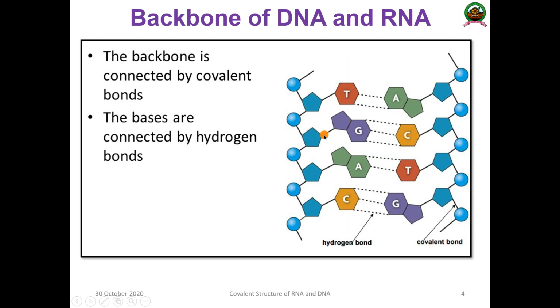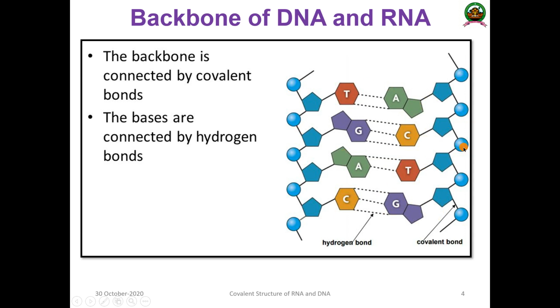Here you can see T, it is connected to guanine. Here it is connected to adenine, here to cytosine. Similarly, in the strand which is quite opposite to this, this sugar is connected to adenine, this sugar is connected to cytosine, this sugar is connected to thymine, and this one is connected to guanine by this bond. This is a glycosidic linkage.